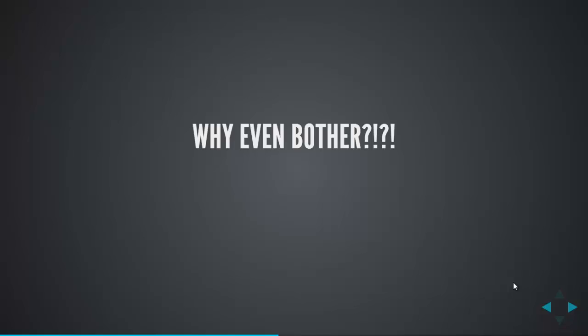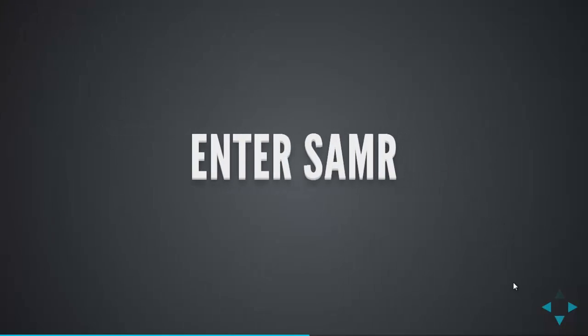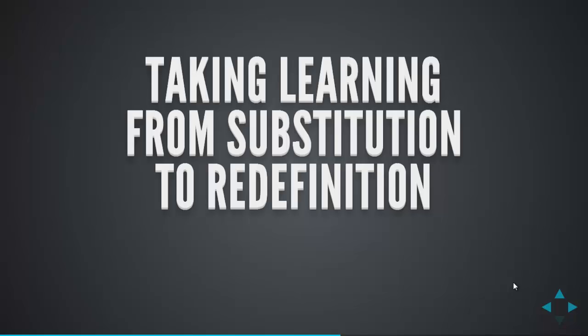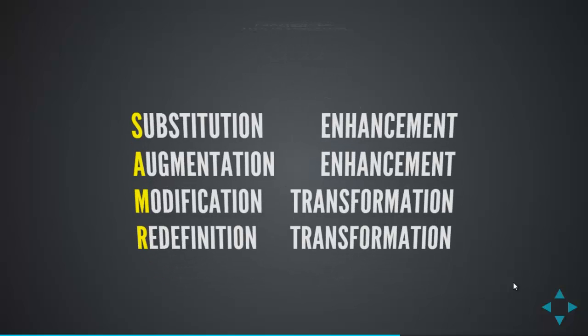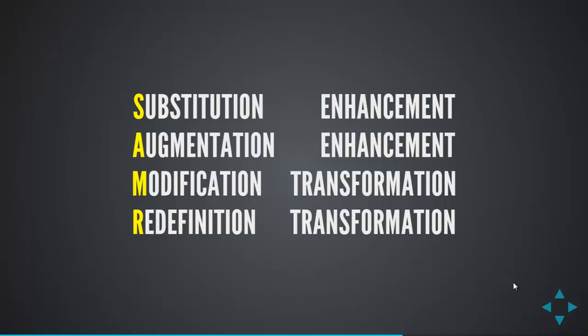So with that in mind, there's a framework developed by a gentleman called Dr. Ruben Puentedura. It's called the SAMR framework. And it's a framework which is broken down into 4 different sections: the S, the A, the M, the R. And with SAMR, what it does, takes you from the introductory level of substitution right through to redefinition. So when we're looking at that, the substitution level, we sort of talked about already, is substituting one activity for another. Then we have augmentation, modification, and then redefinition.